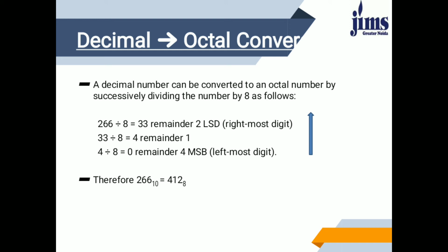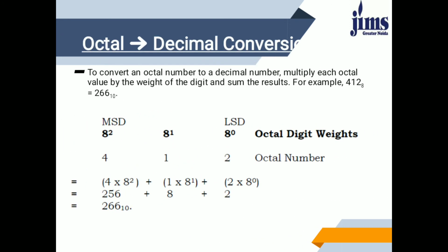Again, if we wanted to convert octal number into decimal number, then we just need to multiply each and every bit, like here, with the positional weight of that base. That means 8 raised to power 0, 8 raised to power 1, 8 raised to power 2, and so on. So 4 into 8 raised to power 2 plus and so on. You can multiply and add each and every number. So this is the way we can convert octal to binary, or octal to decimal.